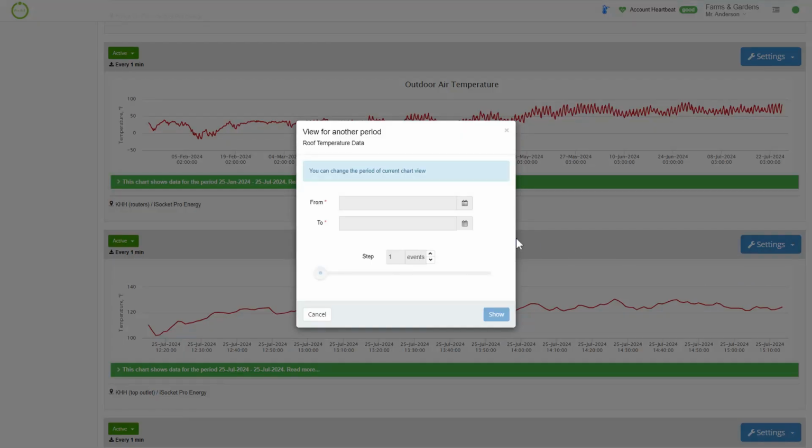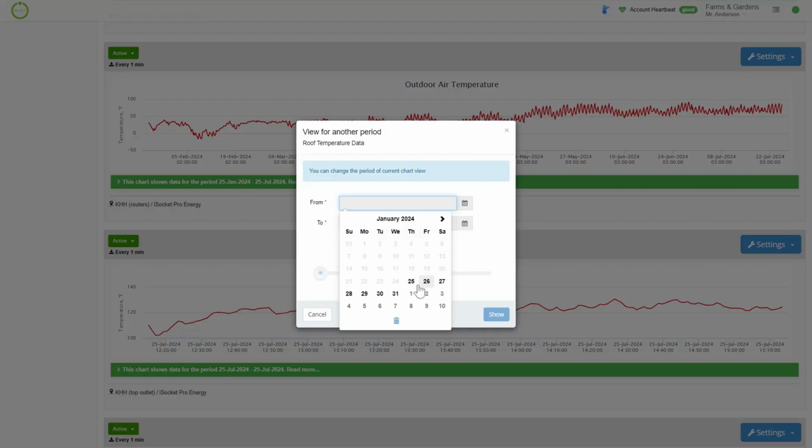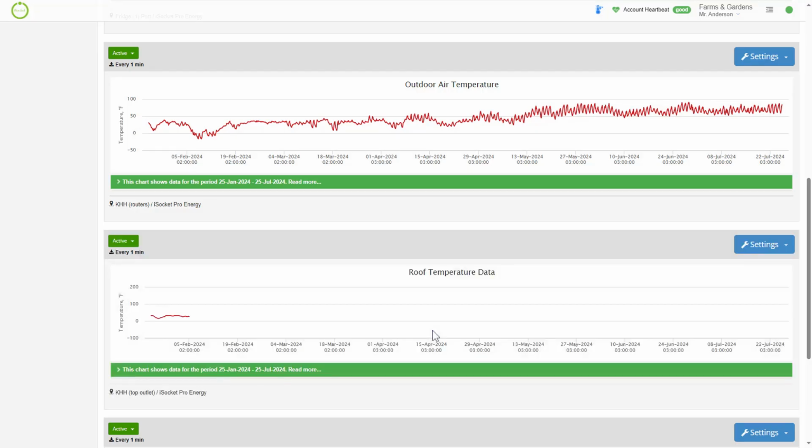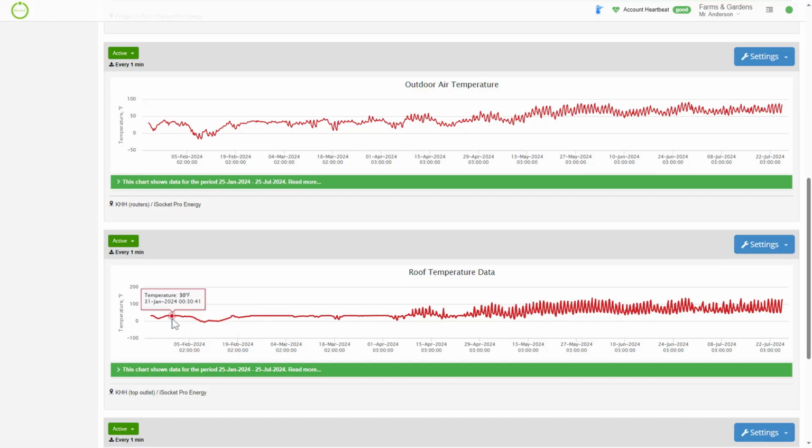Let's watch for a longer period. Again, what do we have here? Again, every minute, and it's only half a year. Well, that is February. Yeah, you have minus on the roof, and that is, I think, the period when you have snow and the profile is quite flat. This, guys, is interesting.